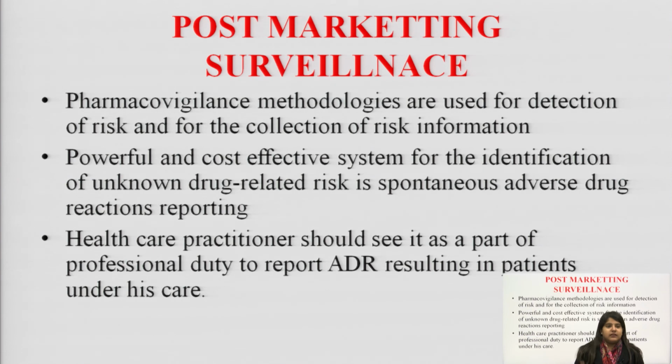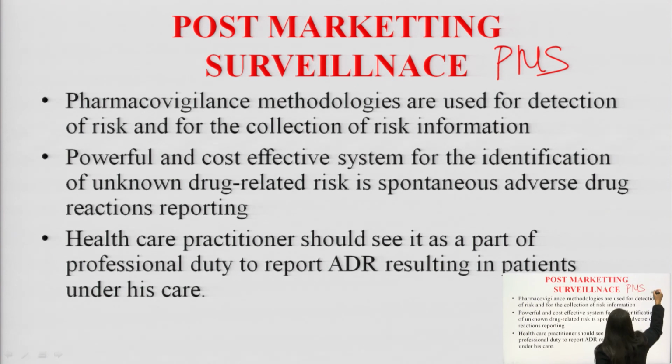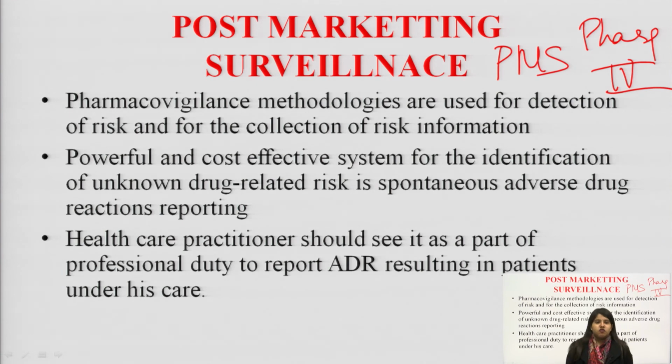Now, this is the area, this is the phase where we detect maximum ADRs. Post-marketing surveillance, also called PMS, also called phase 4 of clinical trial. So, in this phase 4 of clinical trial, what happens? During phase 0, 1, 2, 3, the drugs are being tested on human subjects, and then in post-marketing surveillance, that is phase 4, the drug is marketed into the whole market, in the whole world. The drug is sent out into the whole world, and then we sit and we check.